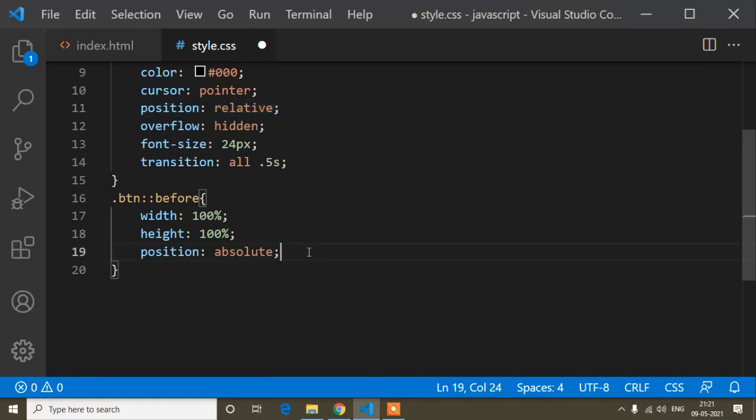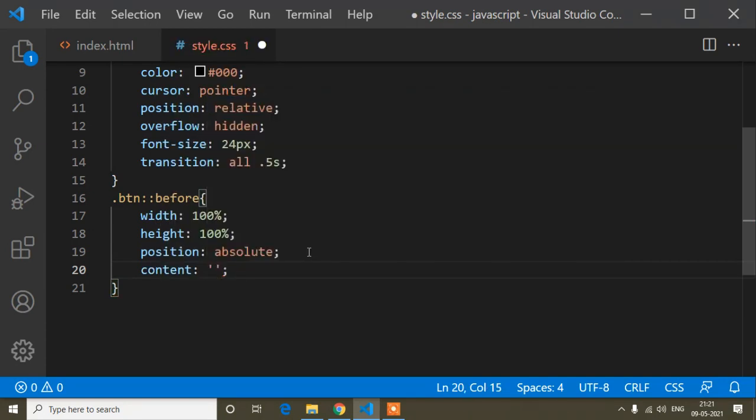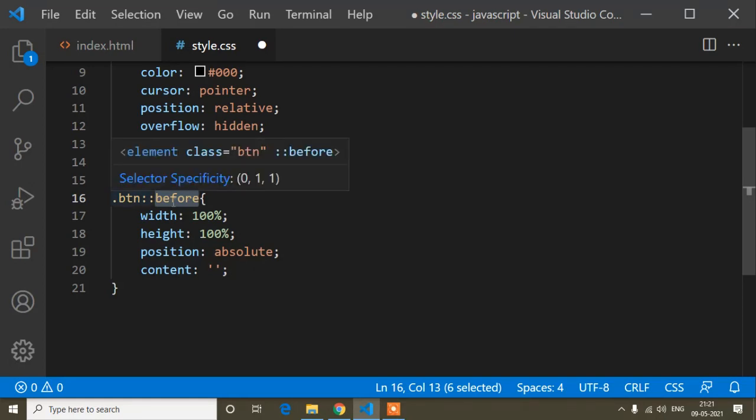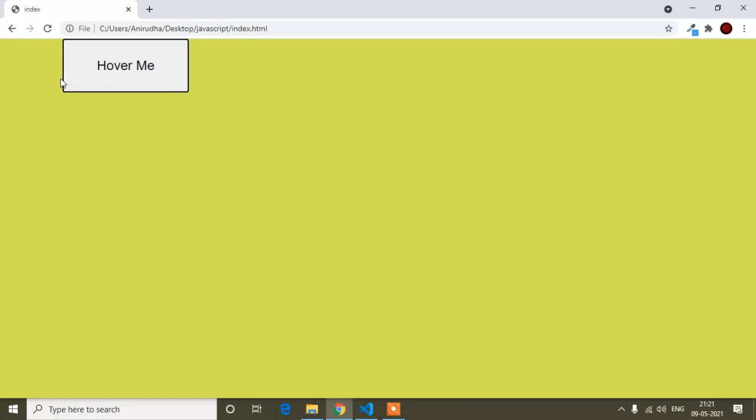And guys, here I have to add content blank, that is very important when we use before. Before and after are the same: before means it will add some CSS before this button, and after means it will add some CSS after this button.